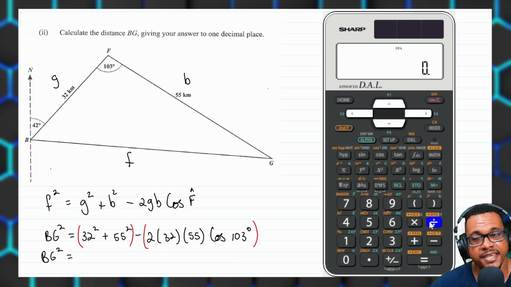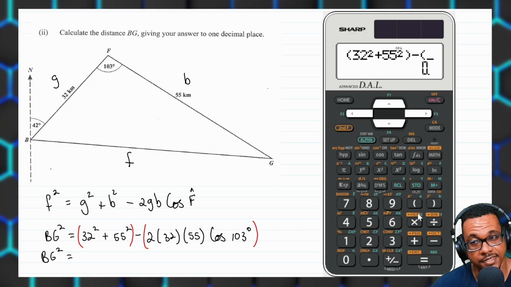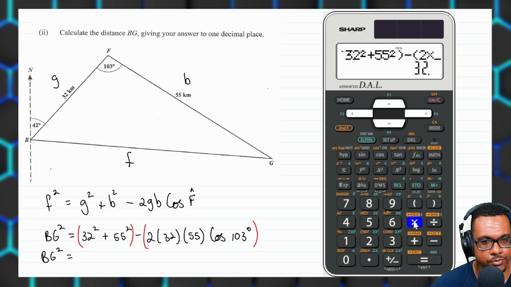So now I have my calculator up. Look what I'm going to do. So we're going to put open brackets. We're going to put 32 squared. We're going to plus the 55 squared. We're going to close the brackets. We're going to put take away. We're going to open brackets again and put 2 multiply by 32 multiply by 55 multiply by, make sure you